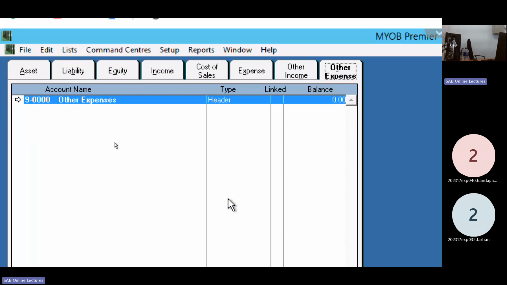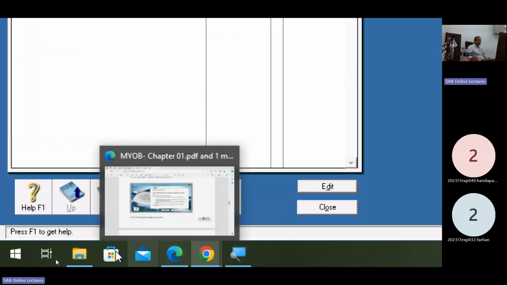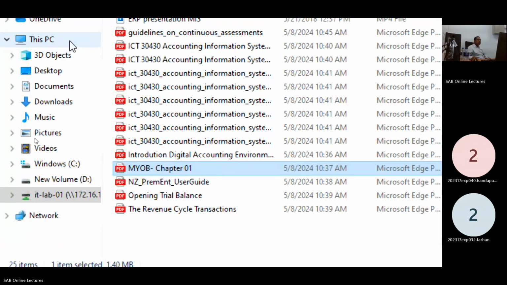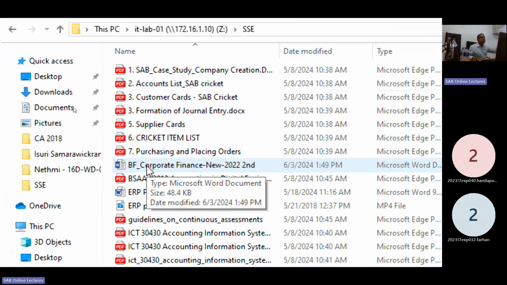Develop a nominal ledger account, a general ledger account for your company. Right now, just open this tutorial. I think I already informed you about this tutorial.